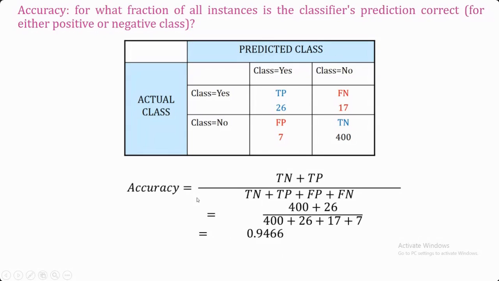The measures we are using, whether it's the accuracy measure or other measures we will cover in the coming slides, are all going to be between 0 and 1. For the accuracy measure, the value closer to 1 is better. Here in this case it's 0.94, and if we want to say this as a percentage, it is 94.66% accuracy for your model.